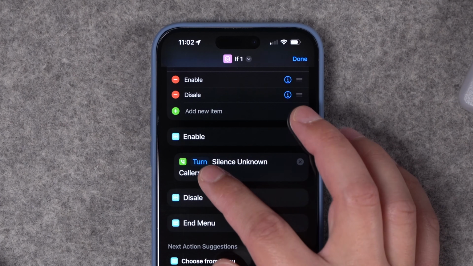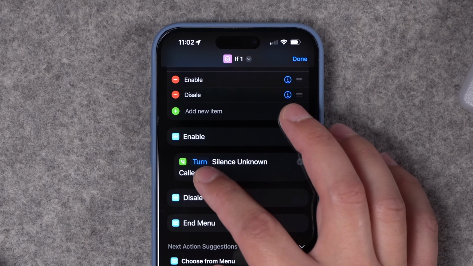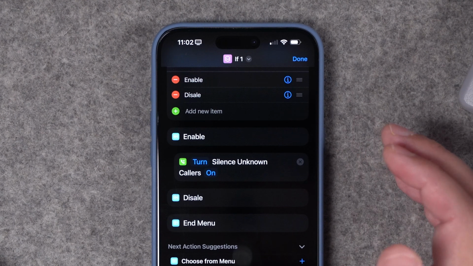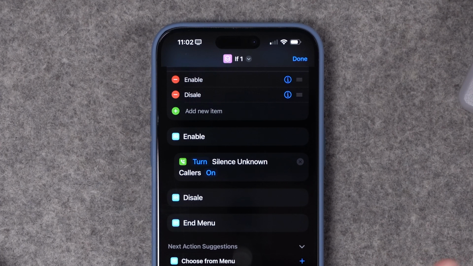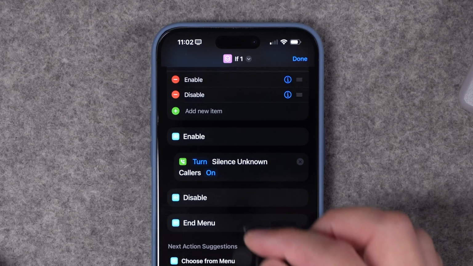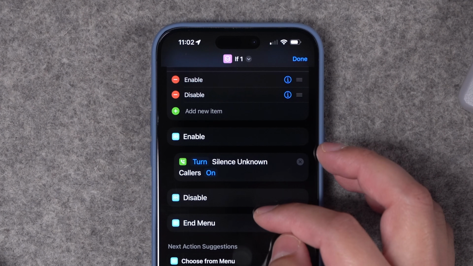Now for some actions like this, rather than on or off, you can also choose toggle. So if I tap here where it says turn, I can make it toggle. But sometimes, depending on the current state, I actually prefer to kind of precisely program whether I want it on or off. Now I need to get one more of these actions to put it on the disable section, but